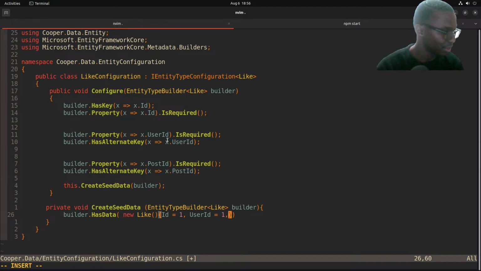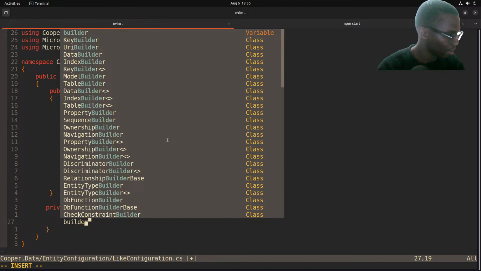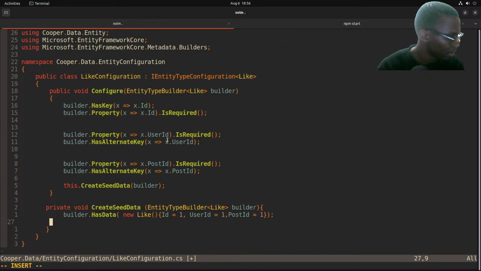And then what else should it have? It should have a post ID. So I'm just gonna put it on post ID one. And then just gonna add that. Right. And then I'm gonna add